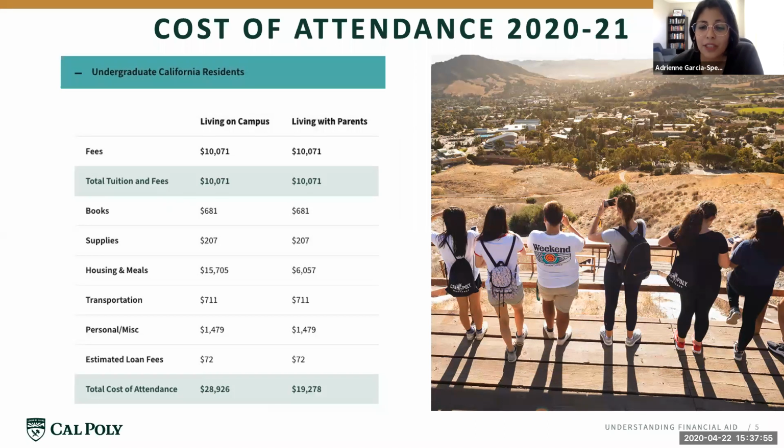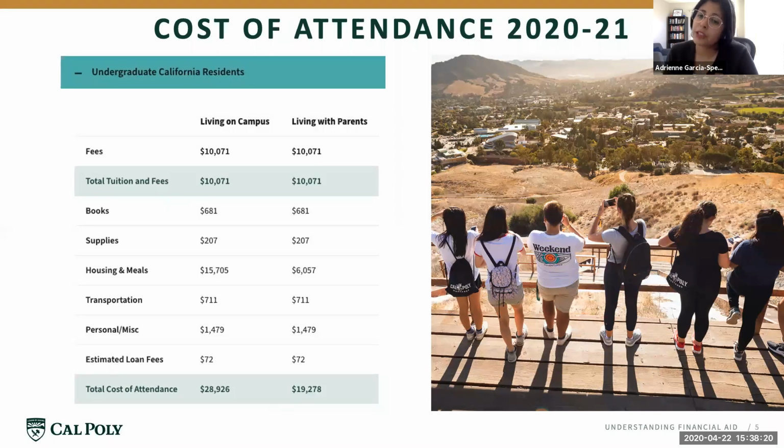I saw one question kind of fly by about Cal Grant. So if you were awarded a Cal Grant by the California Student Aid Commission, but you do not see it on your award package, you want to make sure you're going to Web Grants for Students and creating an account, and then confirming your school of attendance as Cal Poly, and making sure that the California Student Aid Commission isn't asking for anything from you. They might have a hold for one reason or another.